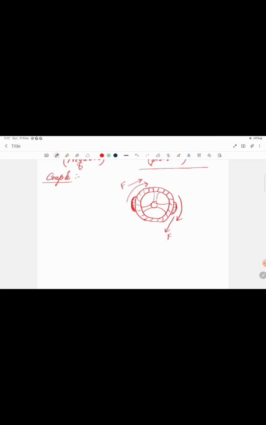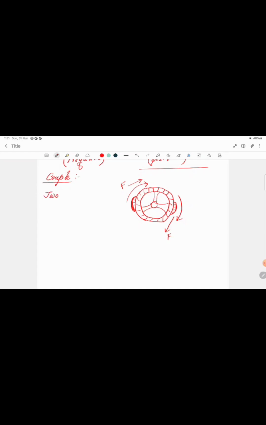Now see, both the forces are acting on the same body but in the opposite direction, right? Opposite direction but not acting along the same line. So this thing is known as the couple. So what is a couple? We can say